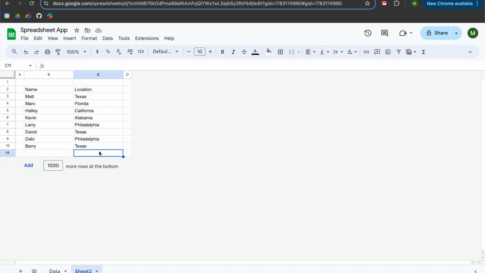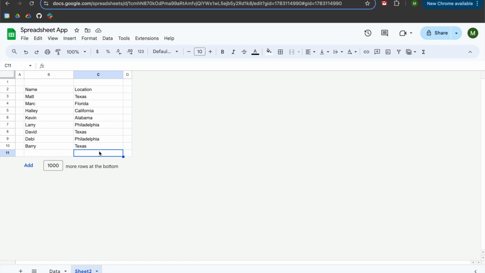So we're going to be exploring ways to create a border around this data. We're going to learn how to remove the grid lines, and we're going to learn how to add different types